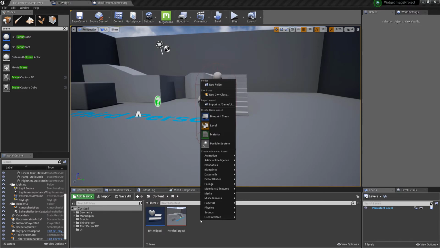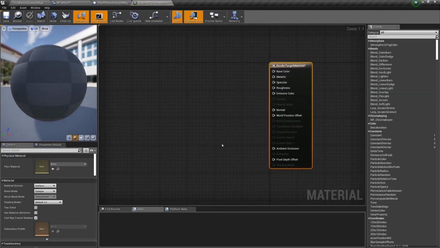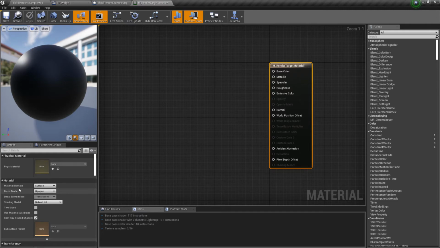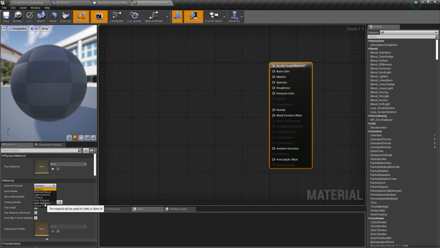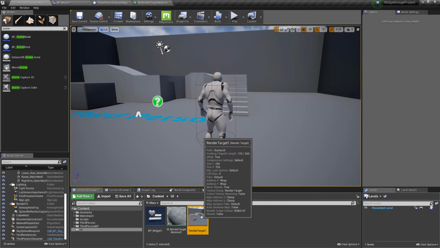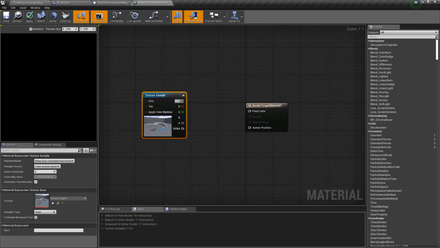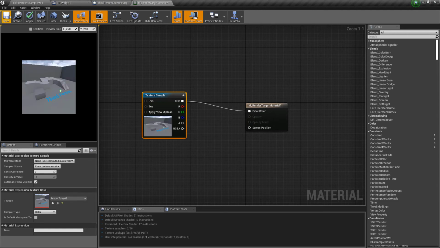So we right click inside the content browser, choose material, specify a name, we'll open that up, and to make this so that it can actually work with a widget, we need to change the material domain to be user interface, and then we'll drag in the render target, and set the RGB pin to the final color pin. We'll then choose save,